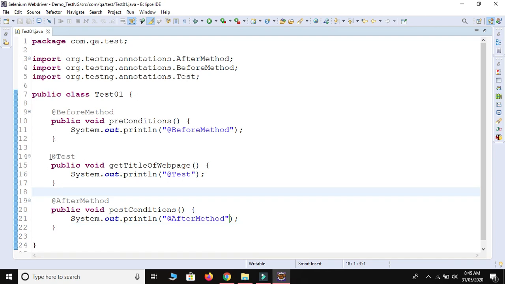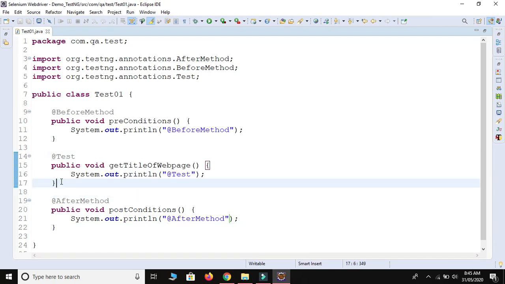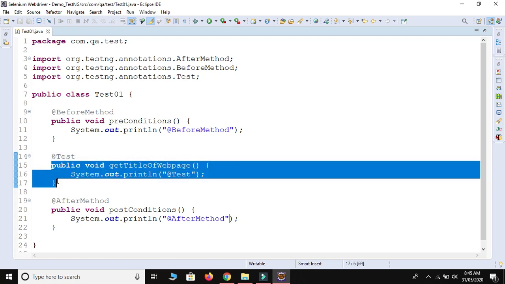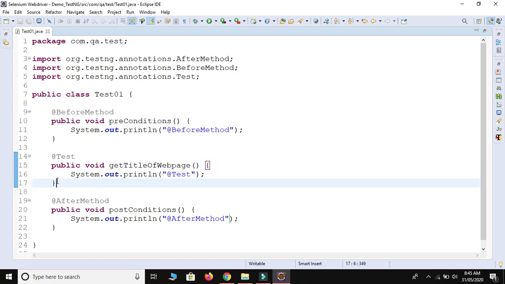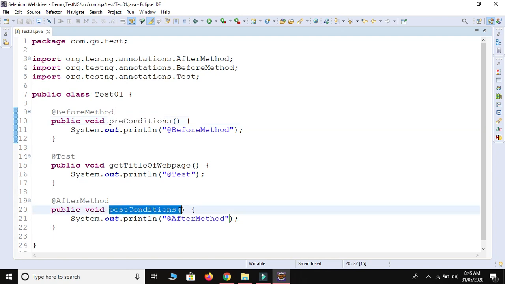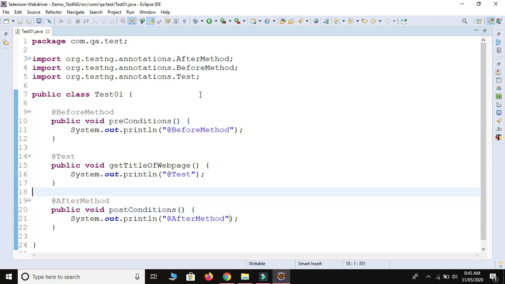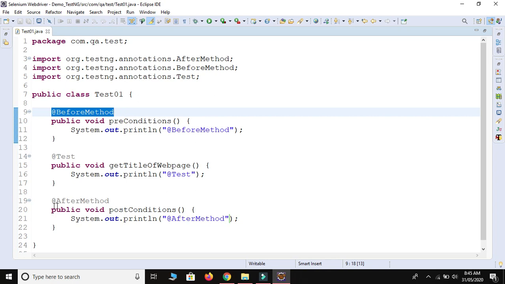So in short, when I use the @Test annotation, this method is considered a test case. Before performing a test case we need to perform some preconditions and post conditions, so I declare them as @Before method and @After method.